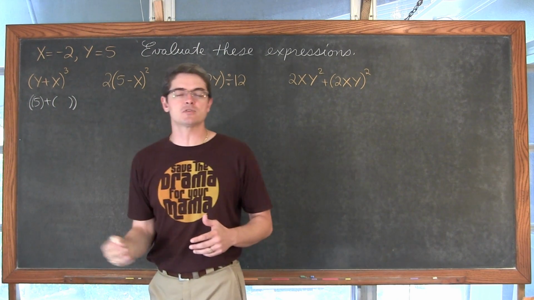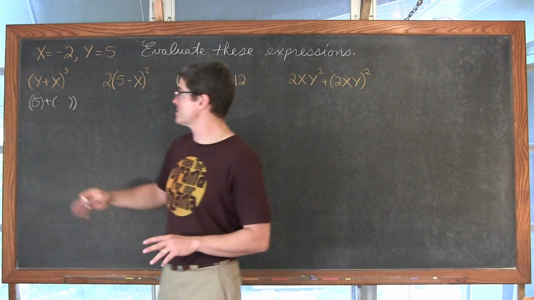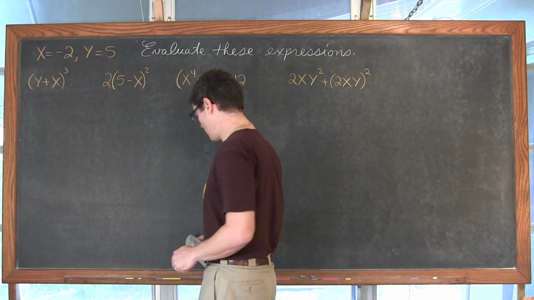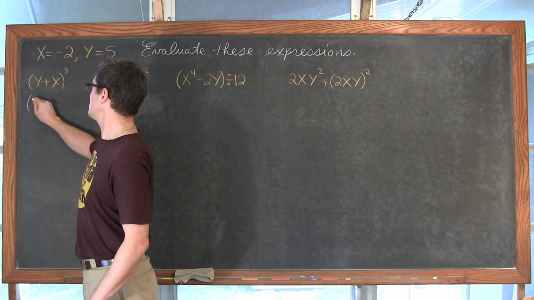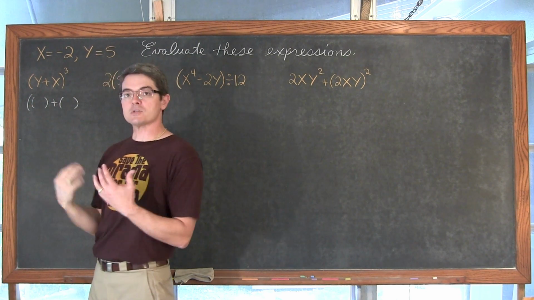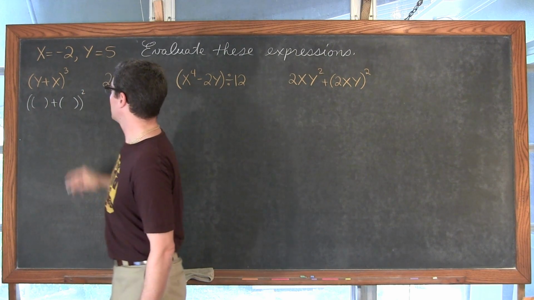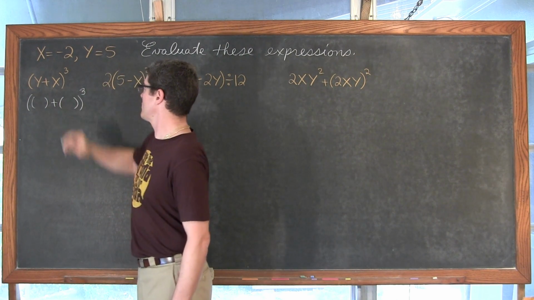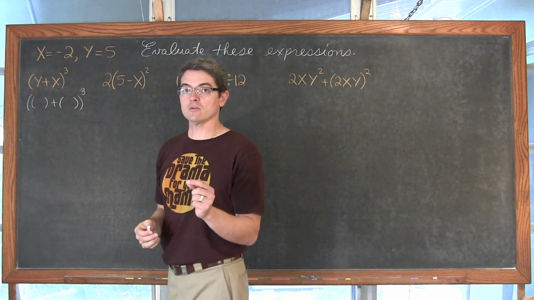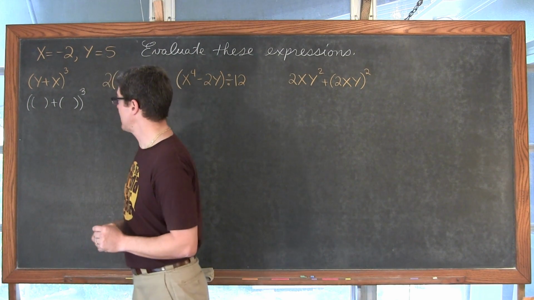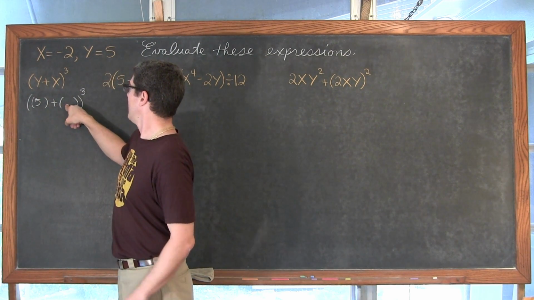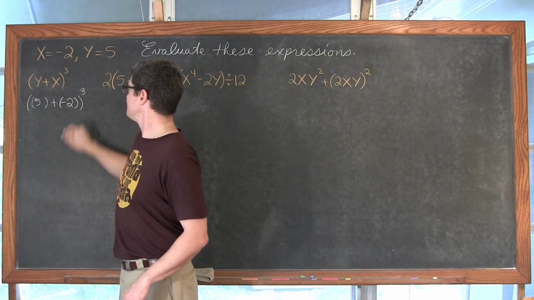But every time you do substitution, you should take that variable where it was, pull it out, and just write a set of parentheses where it was. So we have a parentheses, okay, well then there's a y going in there, plus, and then there's an x there, and then close the parentheses with an exponent of 3. Really going to help a lot on the sign errors, or preventing you from making those as you do your work. So y is equal to 5, plus, our x value is -2.